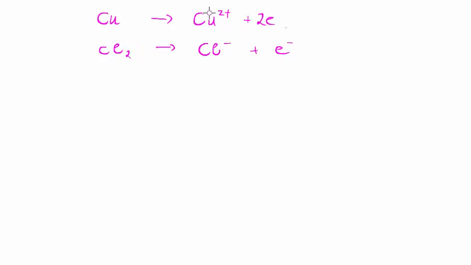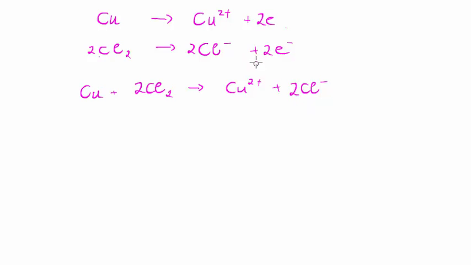But now I must write them as a single equation, and I can only do that if we've got the same number of electrons. So everything here is just multiplied with a 2. So this is going to be copper plus 2 chlorine gases to produce copper ions plus 2 chlorine ions, and then